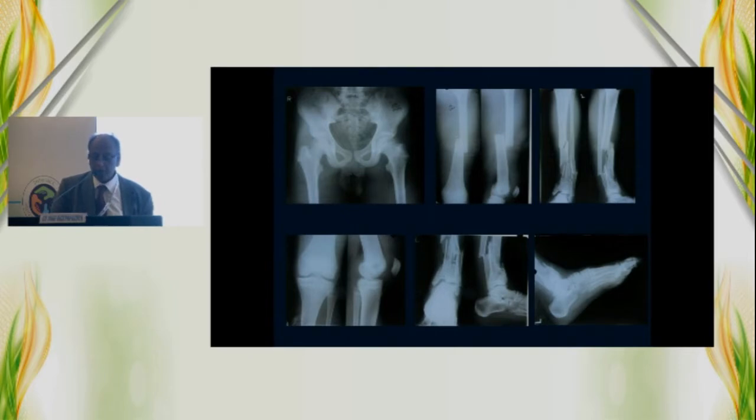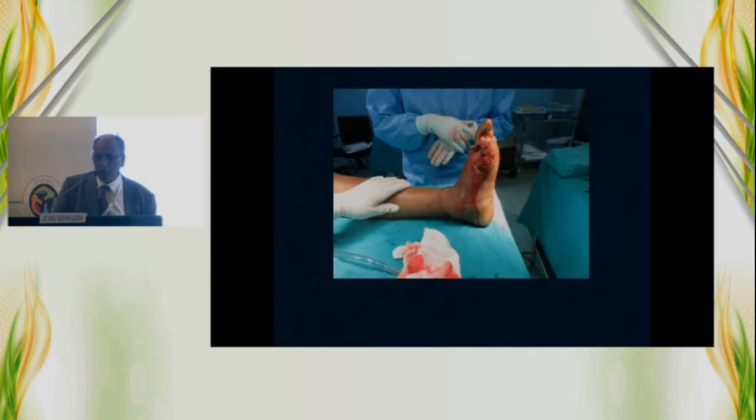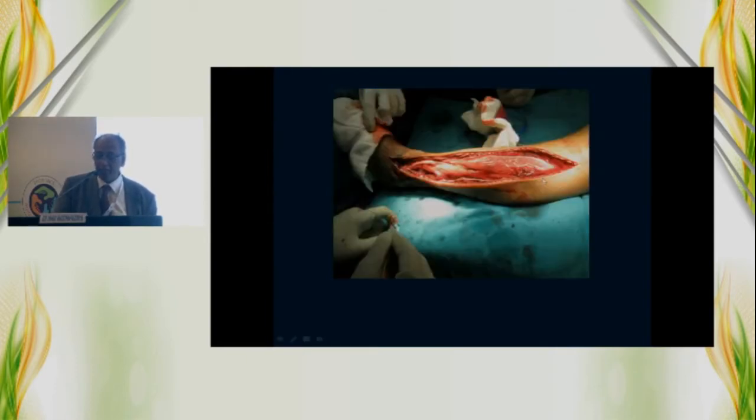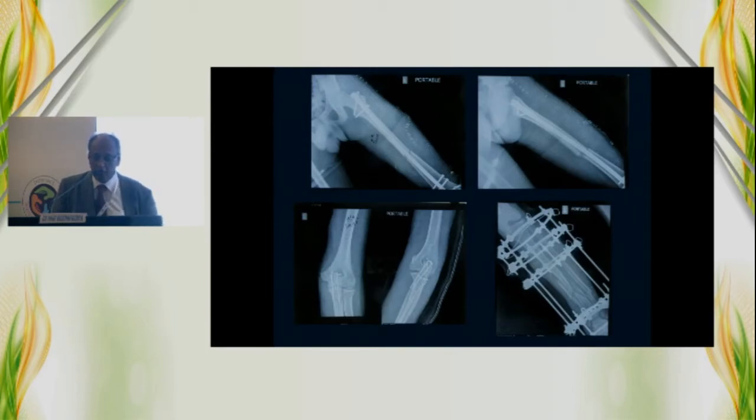So here's a patient with a femur fracture, a tibial fracture, and also an elbow fracture, with a lot of swelling in the leg. He had an angio just to rule out a vascular injury, but you can see the open femur fracture and the tibial fracture. His toe was almost separated. It had to be separated and debrided, and he needed decompression. You can see that the muscle is already dying here. All that had to be debrided. But because that was done early, he was put on external fixators. We were able to salvage the limb and the patient, and later on go on to do the definitive fixations,